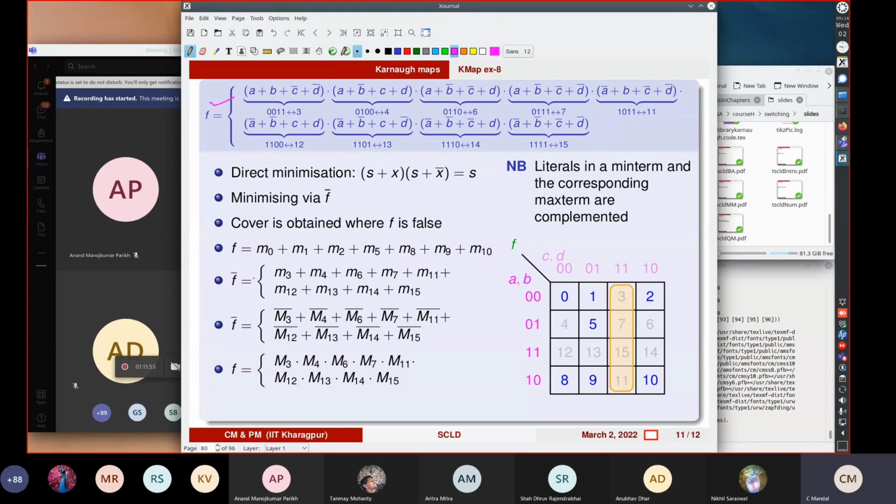So maybe I should really have started with G. That would be better. G bar is equal to F. All right, anyway, so what it means is that